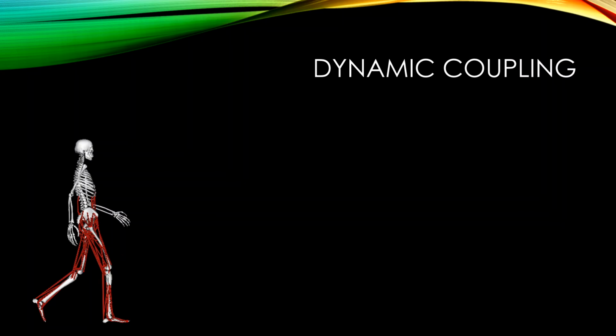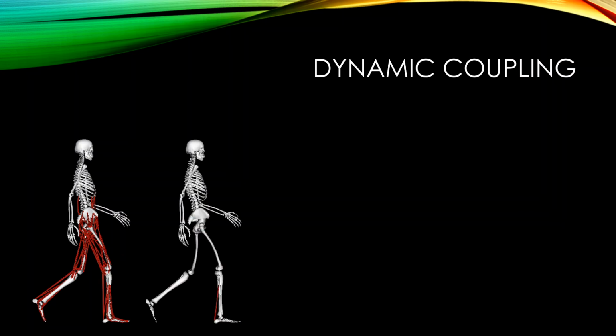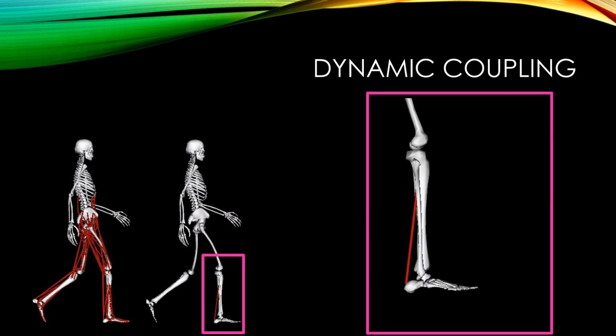And I'm going to talk about an example. Imagine someone walking, as you can see in this diagram on the left-hand side. Now, I'll just focus on one muscle, and in this case, it's going to be the soleus, which is one of your muscles in your calf. I'll focus on the soleus because it's a pretty strong muscle, so therefore it tends to get some attention. And it's also a very simple muscle to understand because it really only has one action, and in this case,